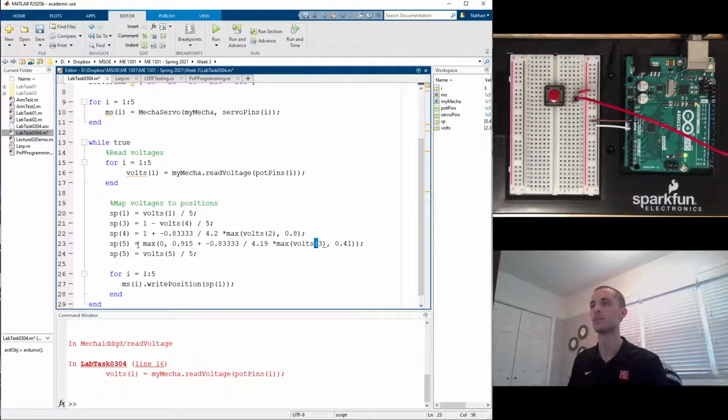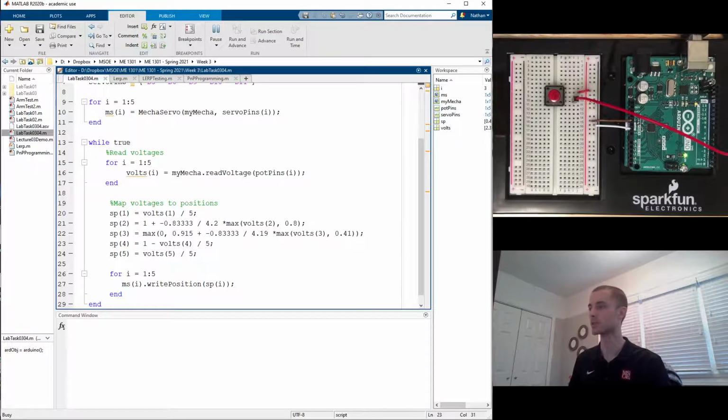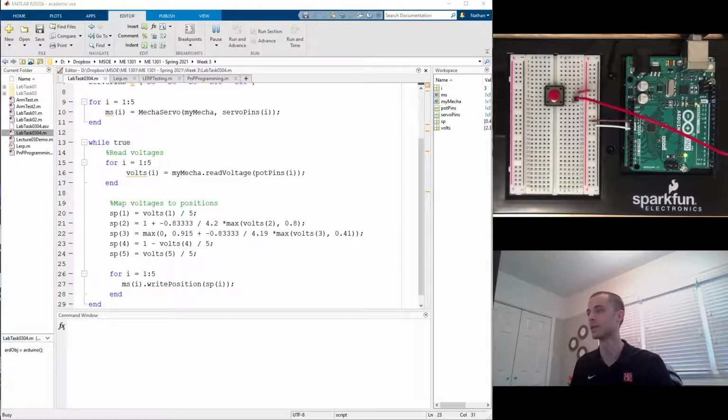This one is 3. This one is 2. And this one is 4. So let's go like that, and now, in theory, it will work like it's supposed to. Okay, it's corrected now. Elbow is correct. Waist is correct. Shoulder correct. Gripper works. And wrist. All right, so now we've got the same code that we did earlier, but we're storing